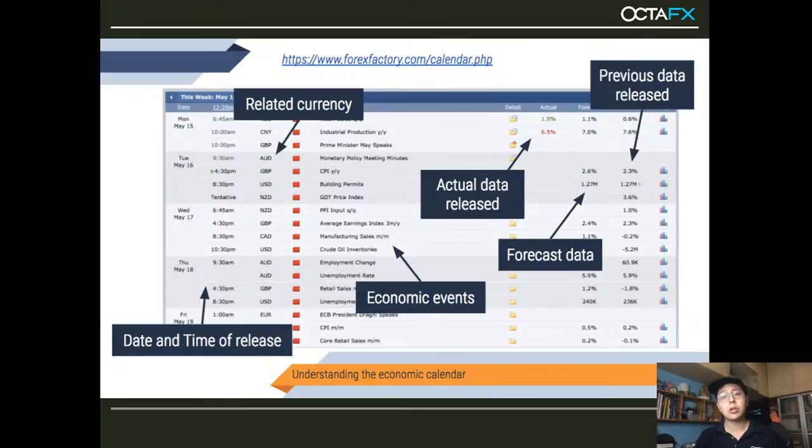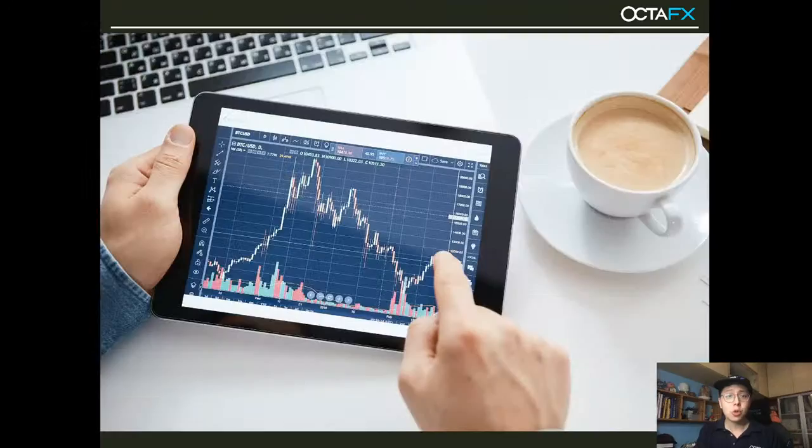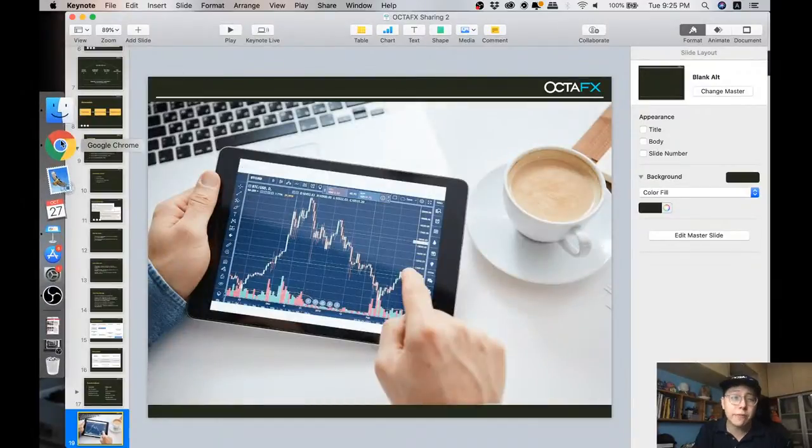Of course, you can head over to websites like Forex Factory or FX Street. There are many websites available to go and study a little bit what all these economic indicators are. Today's objective is not to teach you what each of these means. Our focus here is that you understand all this and how to apply it to your trading. That's very important. So let me bring you to some of the platforms, or websites, so that you can briefly understand what it is.